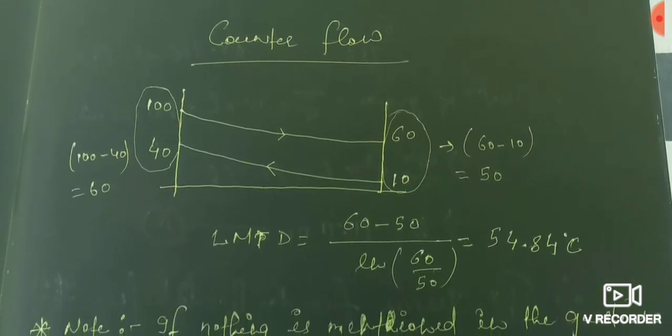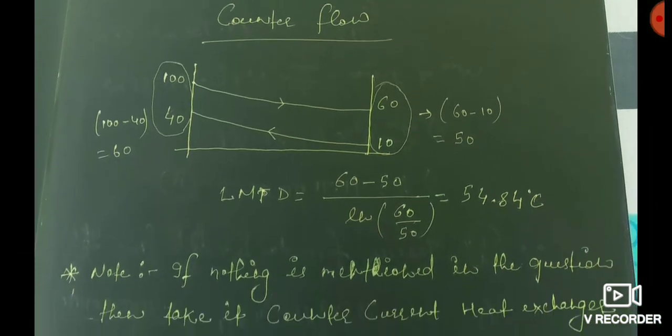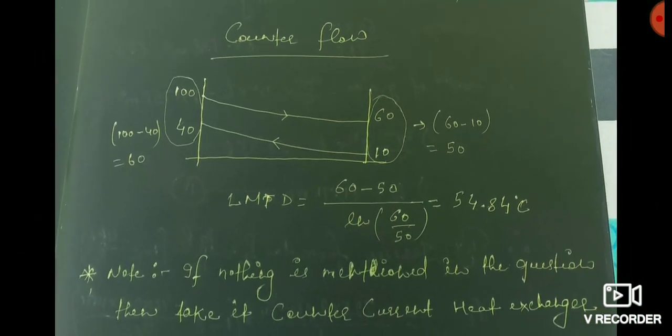And similarly, friends, for counter flow you see here, it is clearly visible. Here it says that a hot fluid at 100 degree centigrade has gone down to 60 degree centigrade, and similarly a cold fluid entering at 10 degree centigrade has gone up to 40 degree centigrade. Friends, you see that the directions of both the arrows are opposite, means counter direction. That's why it is a case of a counter flow heat exchanger, where the cold fluid is entering in the direction opposite to the direction of entrance of the hot fluid.